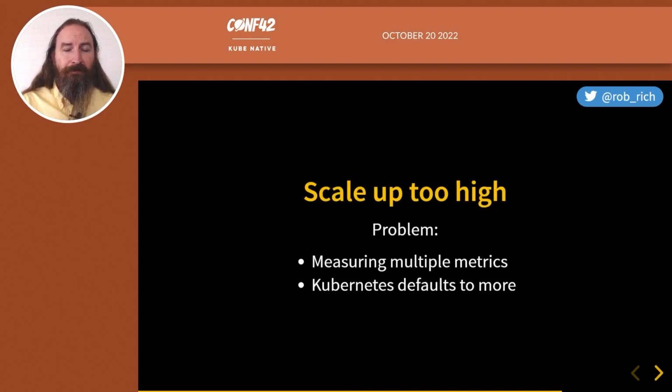The other reason we might scale up too high is maybe we're monitoring more than one metric. Now, Kubernetes is going to do the right thing here. If we're monitoring two metrics and one is high and one is low, Kubernetes will use the high metric to be able to reach the capacity to make sure that all the metrics are within bounds. But for example, if we're monitoring both CPU and memory, and the CPU is low, we might say, well, you shouldn't have scaled up here. But maybe the memory is high, and so we did scale up. By comparison,